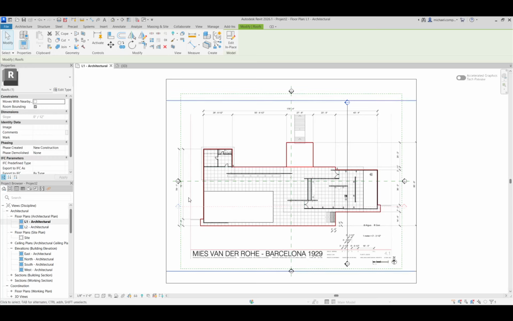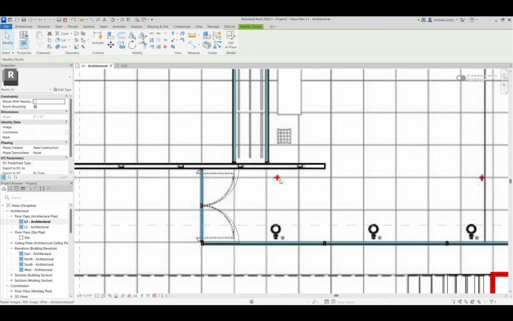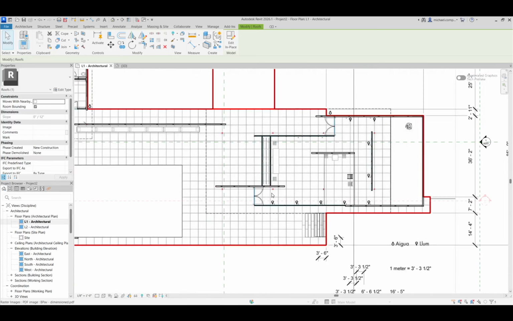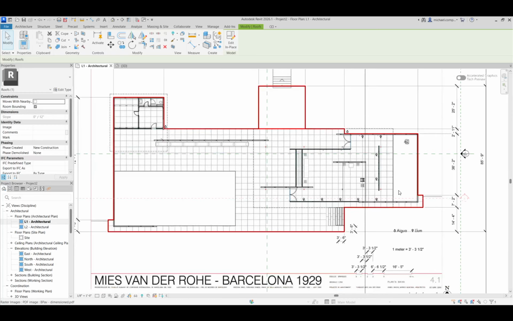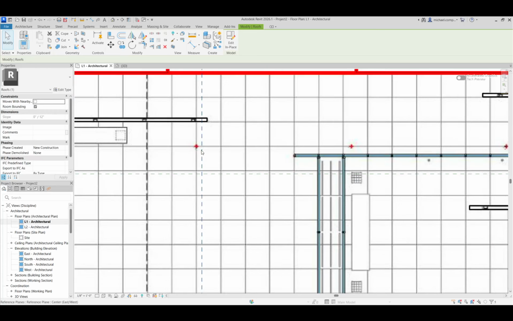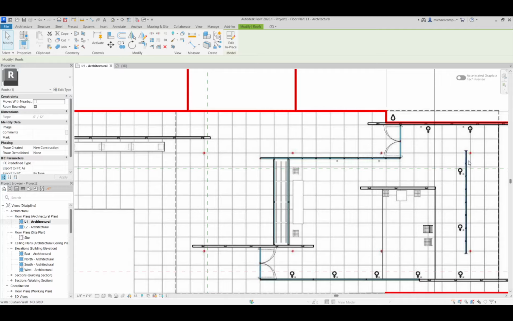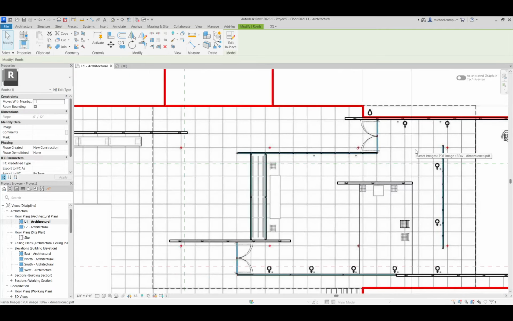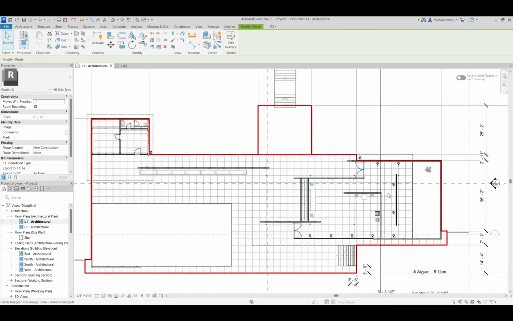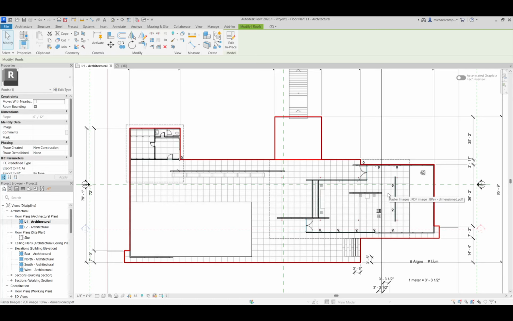The columns I'm referring to in plan are these little red cruciform shaped things. And so I'm going to show you where to find them, first of all, and then second of all, how to model them. And we're going to actually model them as parametric families. Because there are actually two types, there's two sizes. There's a smaller column and then there's a bigger one. And in truth, I don't know which ones are which based on this plan, but I do know that there's two sizes. So we're going to model both sizes, and then we'll look at some photography to try to figure